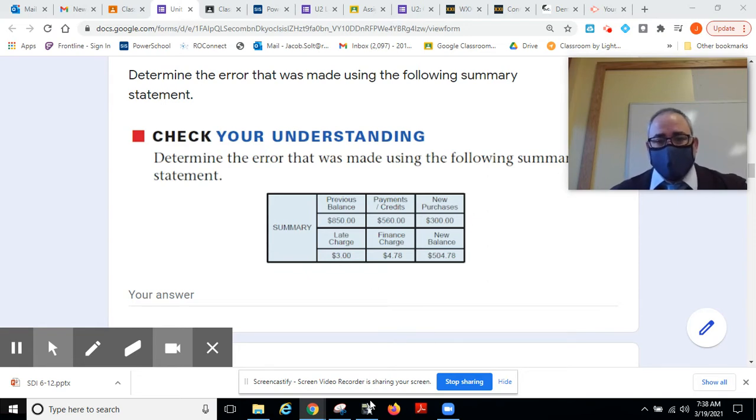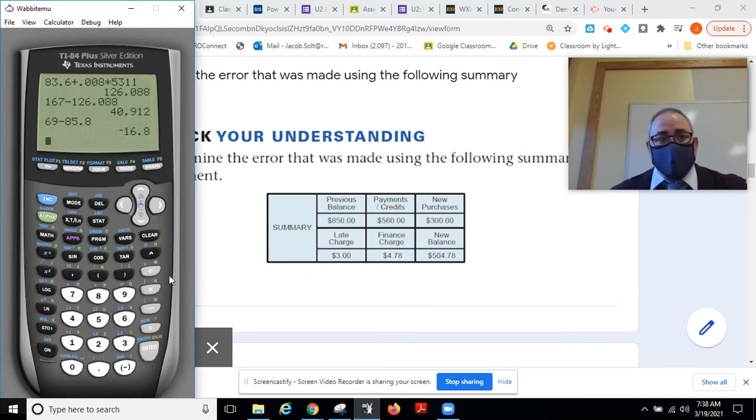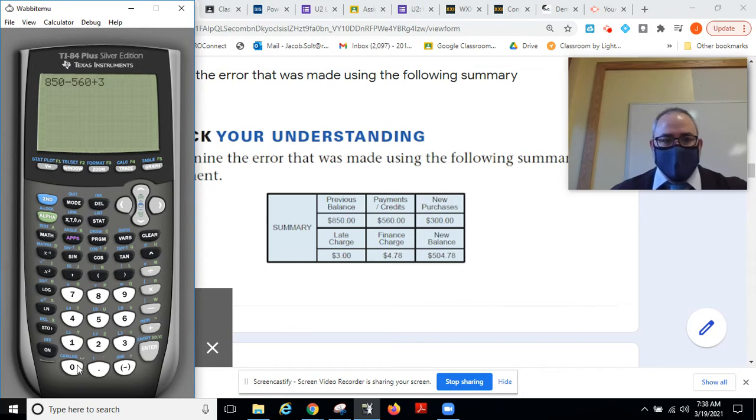Well, when you add all this stuff up, hopefully what I want you to do is find the right answer first, in order to do the error analysis. So I take the previous balance. Now I see payments and credits. I accidentally pressed plus, but actually I want to subtract the payments and credits, and everything else is add. I'm adding new purchases, I'm adding a late charge, I'm adding the finance charge. So the correct new balance here should be